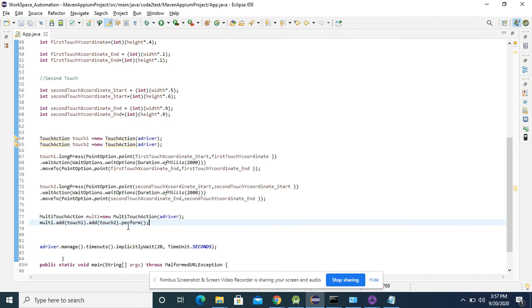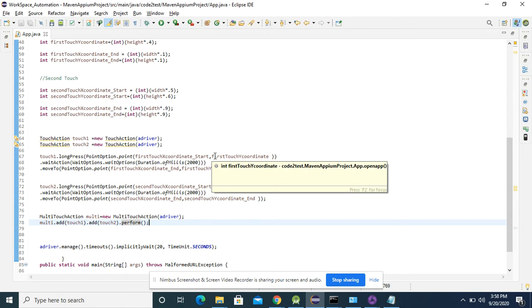What it generally does is it will call a multi-touch class, and with the multi-touch class we perform multiple touch actions and add them to a single command. So we add our touch one, this action, and the reference of this variable, and this is a very important method, that is perform. It coordinates all the methods and performs them in a single instance. So this is very important. The good thing is we are done with our scripting part.